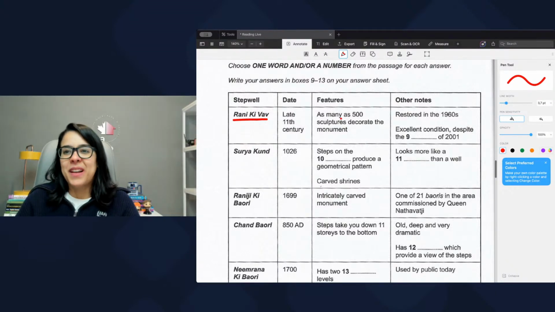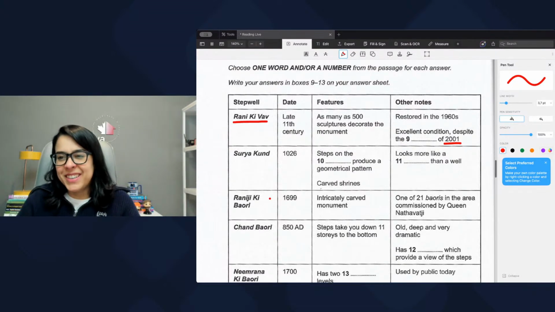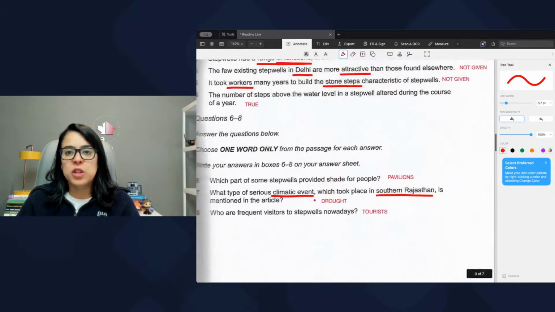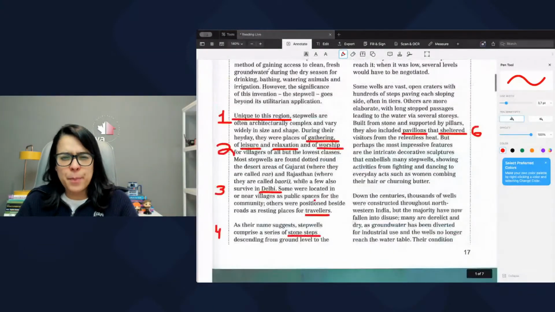Okay. So let's see. Restored in the 1960s, excellent condition, despite the of 2001. 2001 is also another great keyword to use. Actually, it's a number, it's a key number. So let's look for these two keywords, 2001, Rani Kivav. So these are two central pieces of information. Perhaps here,